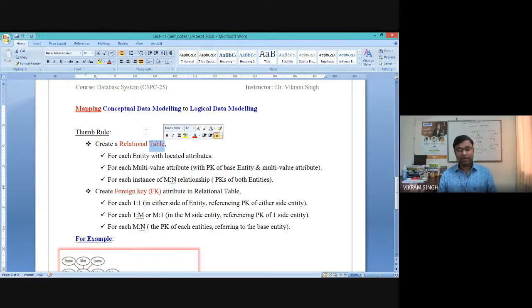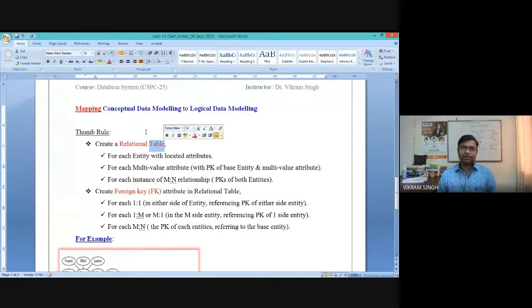That's the first rule. In addition to this, if there is an attribute of a multi-valued nature: multi-valued means an attribute which can have more than one value. Like for a student, we can have two addresses, address 1, address 2, something like that. We can have 2 phone numbers. We can have 2 email IDs. For a department, we can have 2 locations. For a project, we can have 2 locations, US and India, something like that.